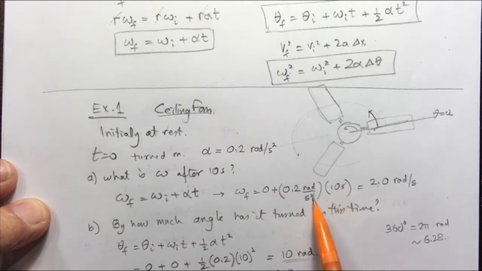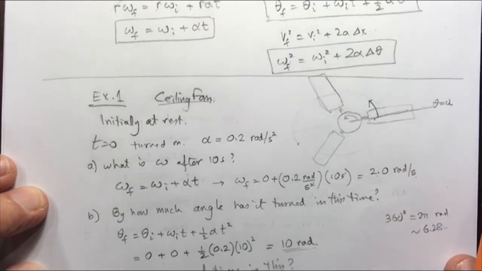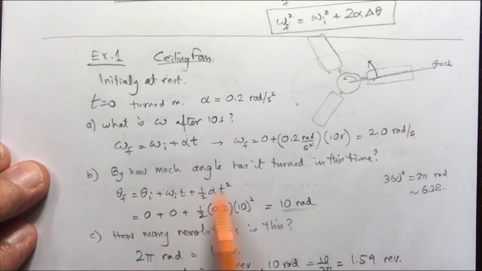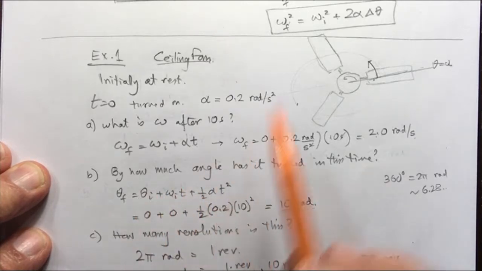So one of the seconds cancels. We're left with radians per second, and this gives us 2 radians per second. So after 10 seconds, the speed will be 2 radians per second. Now, how much angle has it turned in this time? So we use the other equation,